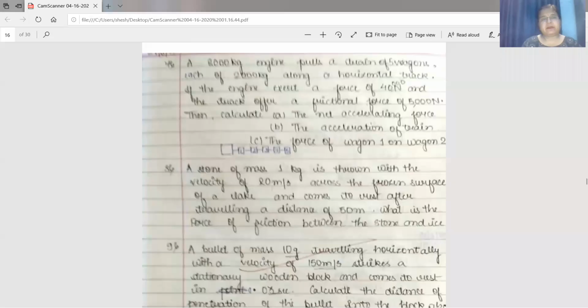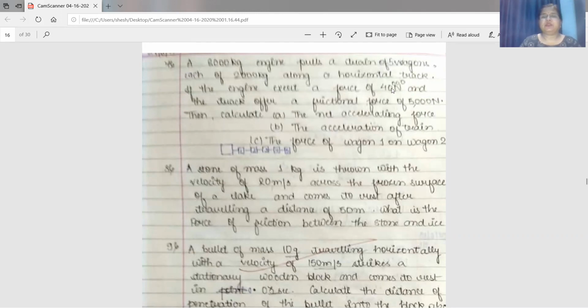Good afternoon. Today we will start with numericals based on F equals ma. First one is: an engine of mass 8000 kg pulls a train of 5 wagons, each of 2000 kg. Mass of each wagon is 2000 kg. The number of wagons in the train is 5 and the mass of the engine is given as 8000 kg. Along a horizontal track, the engine exerts a force of 4000 Newton,